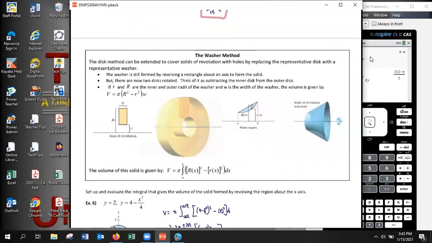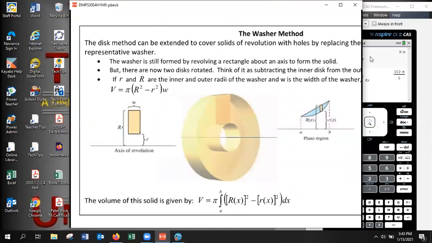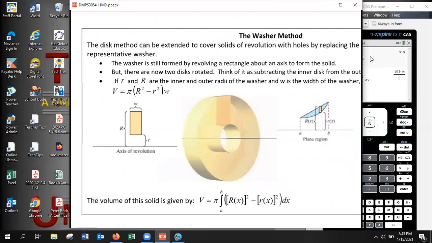So then we get the washer method. What the washer method is, is very similar to what we did with the area between two curves. With the area between two curves, we took an overall area and we subtracted that smaller area to get the area that we wanted. Very poorly represented in my opinion. Anyway,